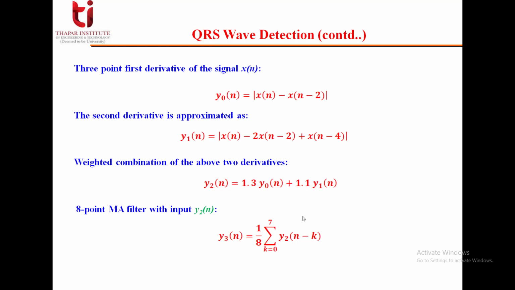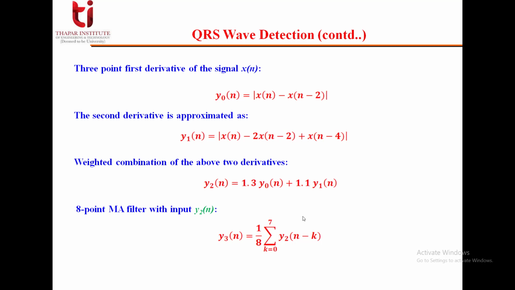So basically it is done to fulfill the purpose of thresholding. The subsequent 8 samples, because now we are taking 8 previous samples, are tested against the same threshold, and the threshold we are keeping is 1. Generally it is 1 in this model which has been proposed. If at least 6 of the points pass this threshold, then the segment of 8 samples is taken to be a part of the QRS complex, and if the points do not pass the threshold, then we will not consider it as a part of the QRS complex.